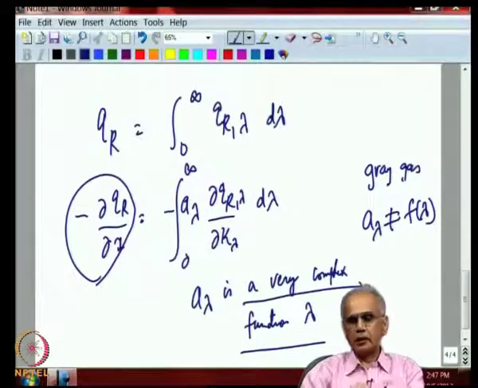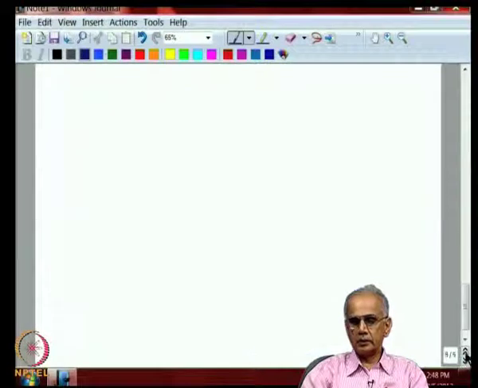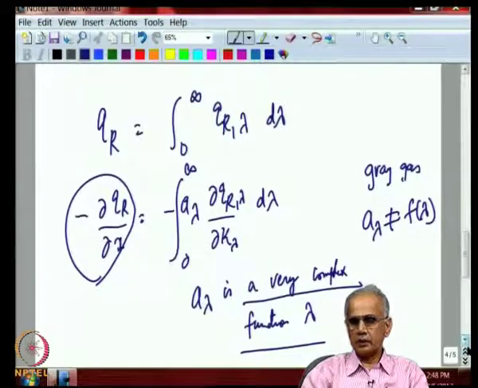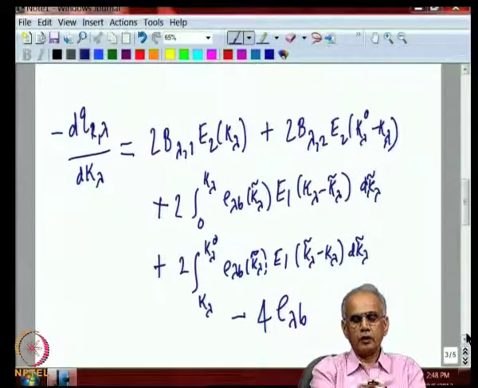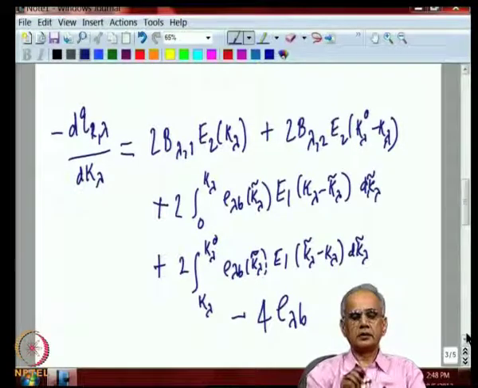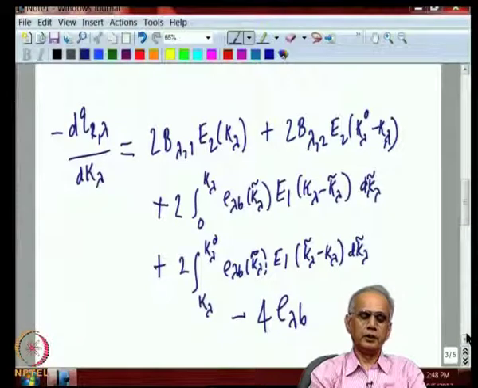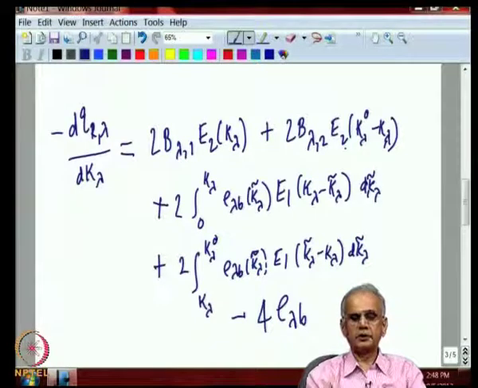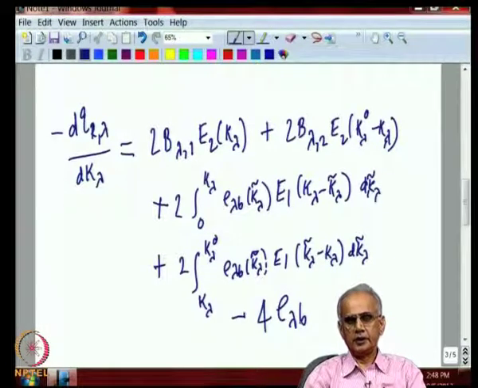Now, our task here is to understand this, so we go back to the divergence of the radiative flux and recognize the absorption terms: absorption from the bottom surface, emission from the top surface, absorption or emission by all gas elements below a level kappa lambda, and absorption of radiation emitted downwards by all gas elements towards kappa lambda, and minus 4 E lambda is the emission term.